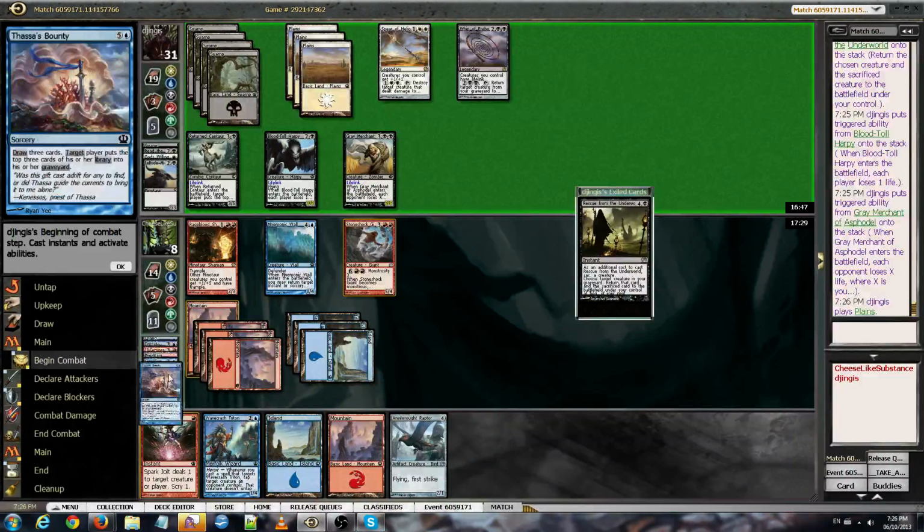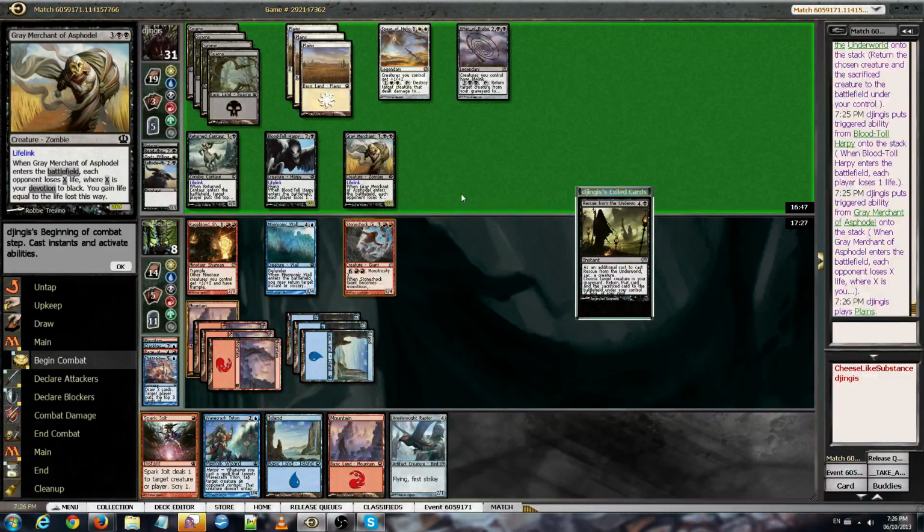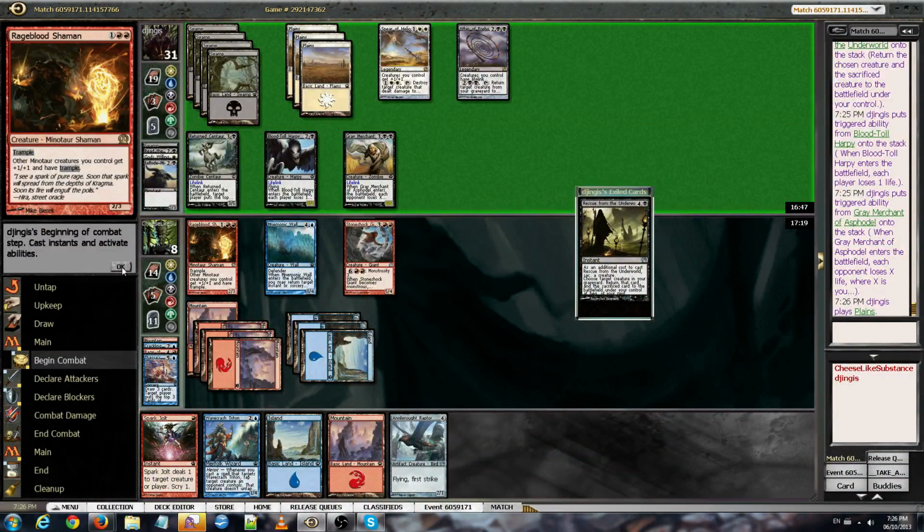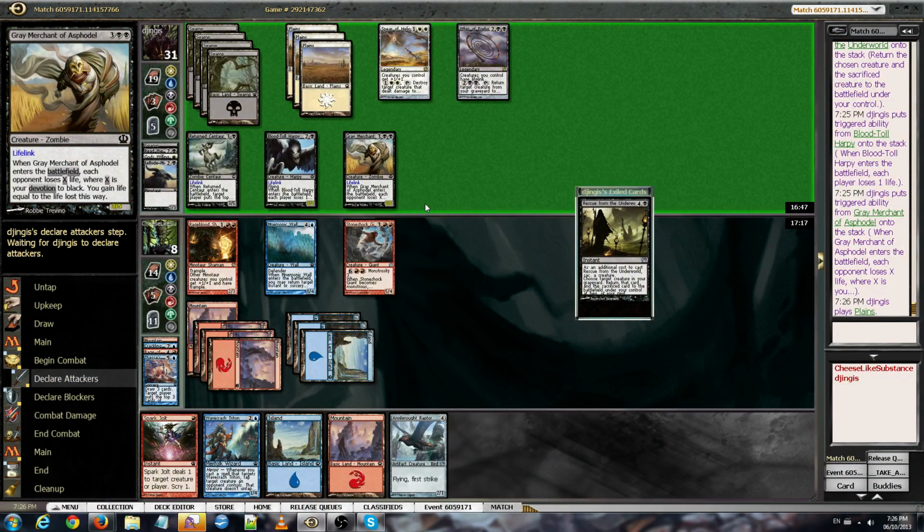Yeah, maybe I should have milled him with the Thassa's Bounty, and just hoped to last for 16 more turns. But if he has any way to sacrifice this, if he draws another one, or if he has just any spells...